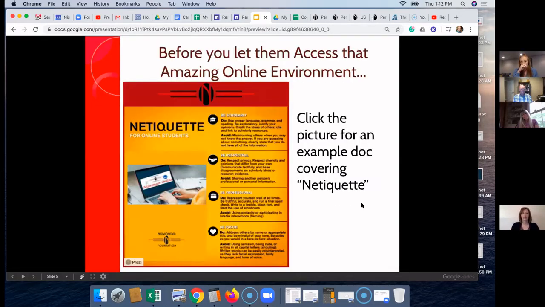So I told you that setting these rules, these norms that a lot of people call them, for your classroom is super important. And if this is something that you've not had a chance to do yet, then I really, really suggest that you sit down and think about this and figure something out. When you're setting the classroom rules with your students at the beginning of August, you want to also be sharing and setting your rules for online learning. And you want it to be the basis behind everything.